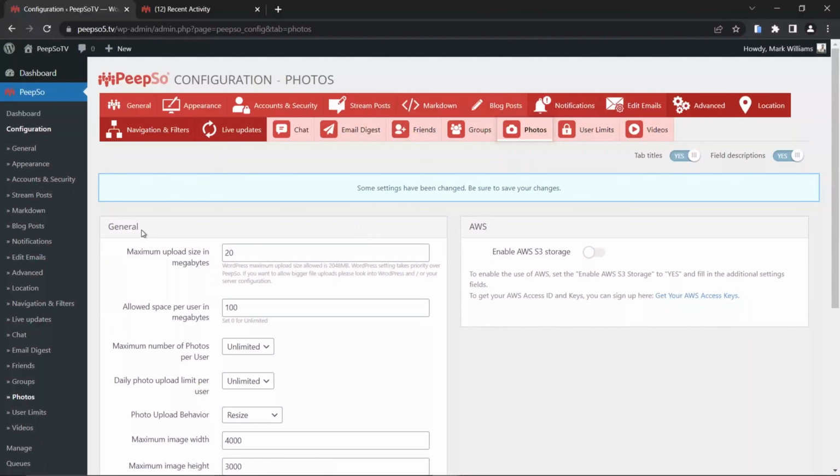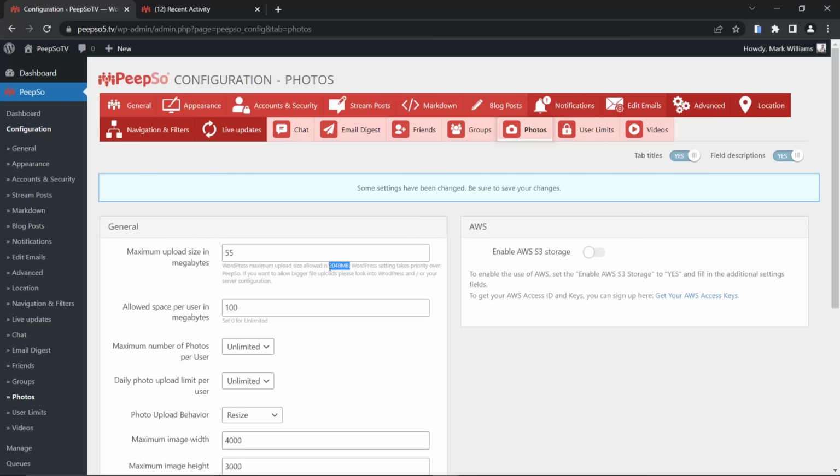In the general settings, you can decide how big the maximum upload size in megabytes will be. You can say, let's say 55 megabytes, okay? But you need to be careful to not exceed the maximum upload allowed by WordPress. And that is your PHP INI setting, which is kind of an advanced feature that we are not going to cover here. And when you change this maximum upload size in megabytes,